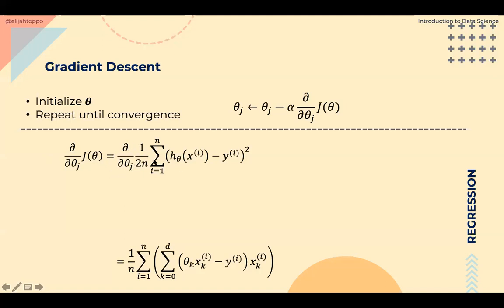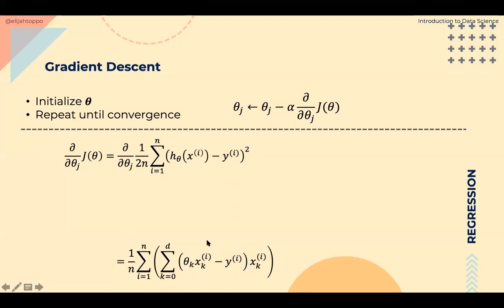When you take your partial derivative term inside, you can say partial derivative of something squared. We know that the partial derivative of x squared is equal to 2 times x and then the derivative of x. So this 2 will come down and get cancelled with this 2. That is why here in the output, we have just 1 by n. We don't have 1 by 2n. And we have the internal term as it is.